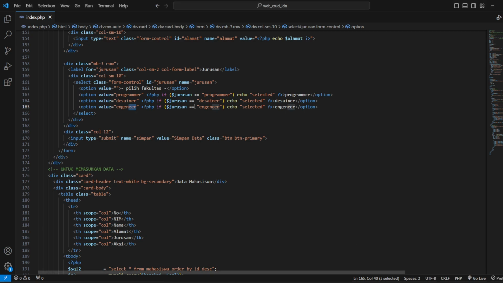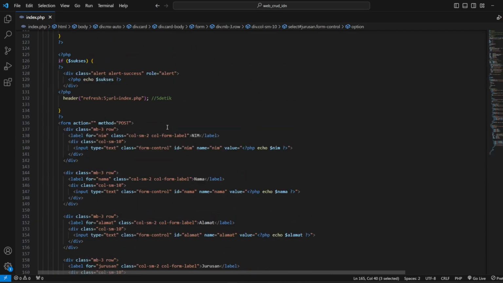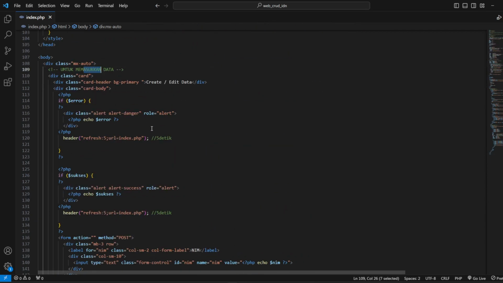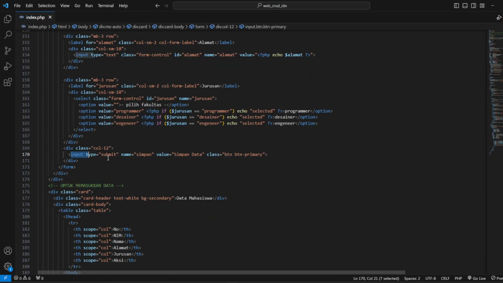Okay, and then the last of our input data is the input with the type submit. This is the button of our input. Value is simpan data, and the class is button primary.